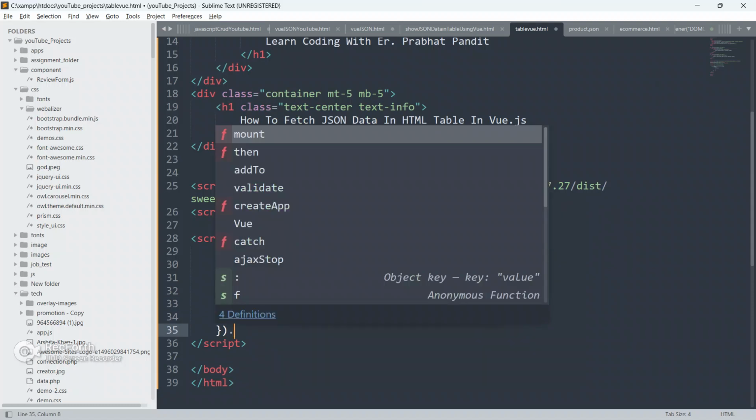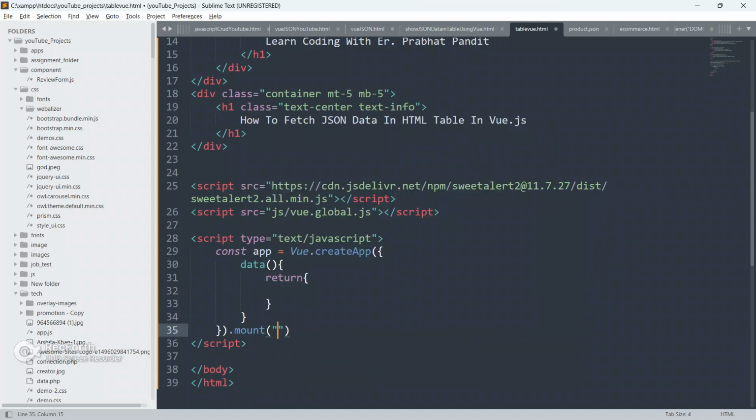And I'm gonna mount this first, so I'm gonna use the id as app, and close. So guys, now we have to create a div, and we have to mount this instance of Vue.js with that div.